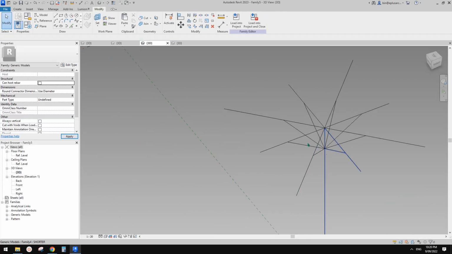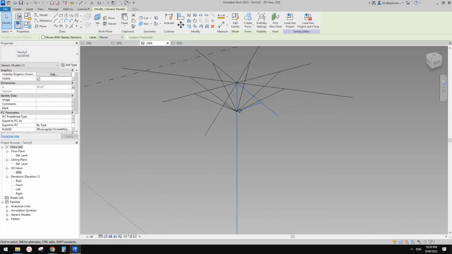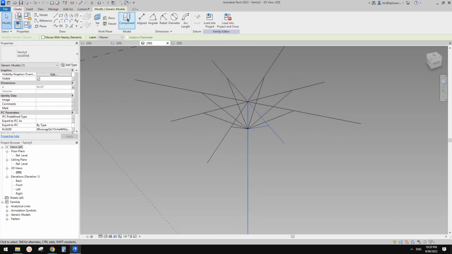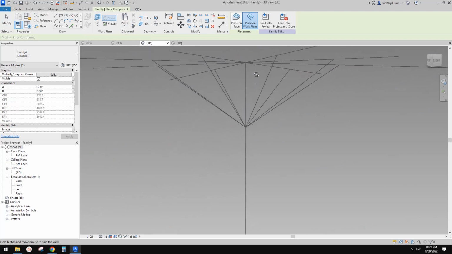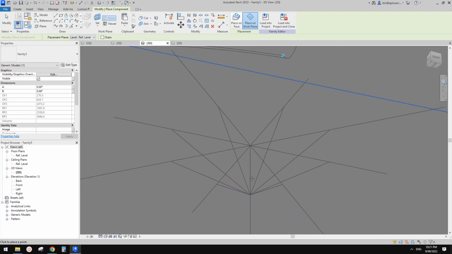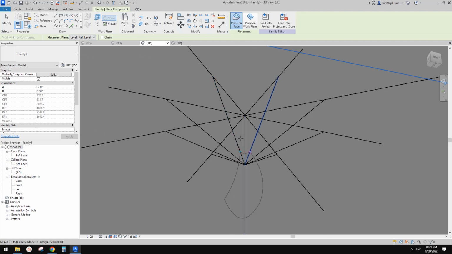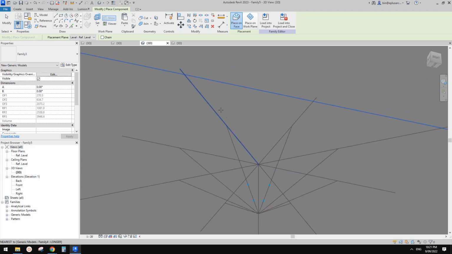So what I'm going to do is I want to just place them, sorry, component. So first, don't worry too much about where you place, because you can adjust them after you place. So make sure you use place on face. So I'm going to just roughly 1 2 3 4, and make sure 5 and 6 will be placed onto